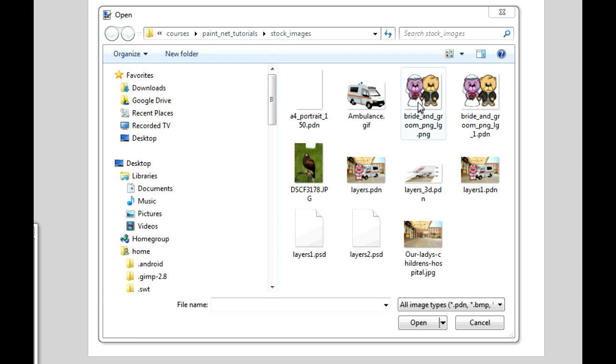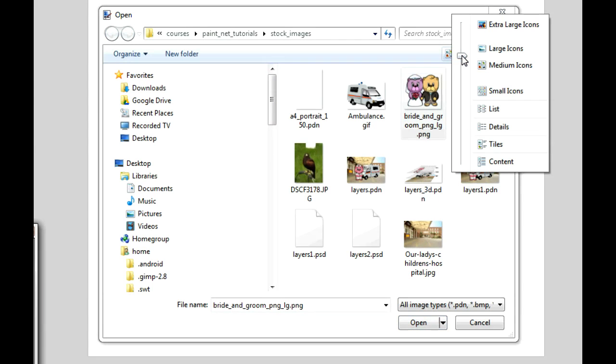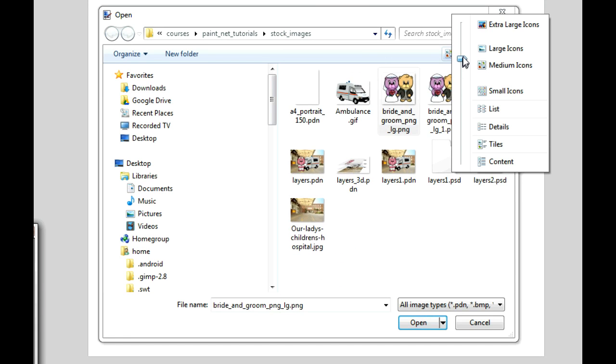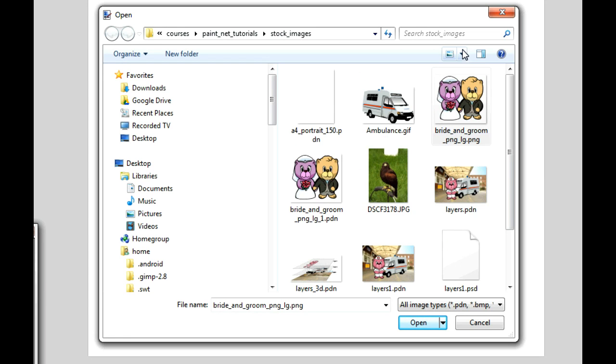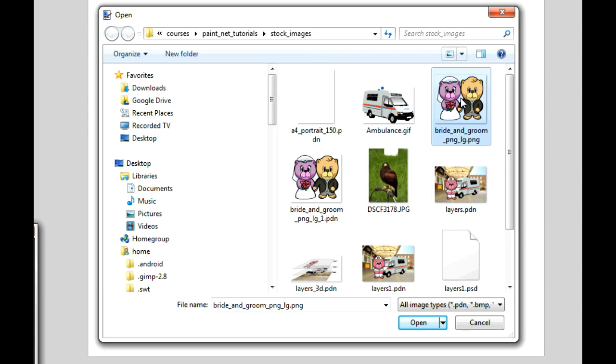Now I can either highlight it and hit open, or I can double click on it. I will just say, if your screen doesn't look like this, if you haven't got the icons, certainly in Windows 7 and 8, you can click this little bar and it'll change. I tend to try and keep mine on large icons like this because I like to see what I'm opening. So when I click on the image, and hit open, or double click, and there you'll see the image